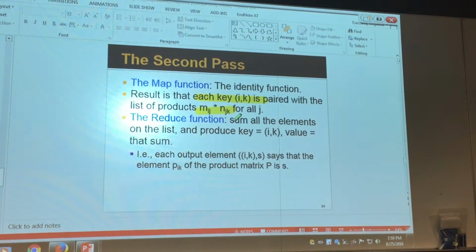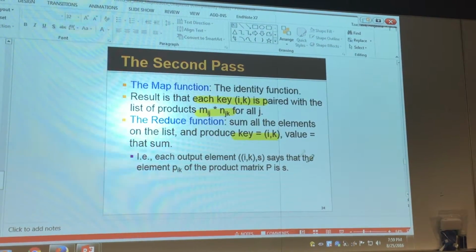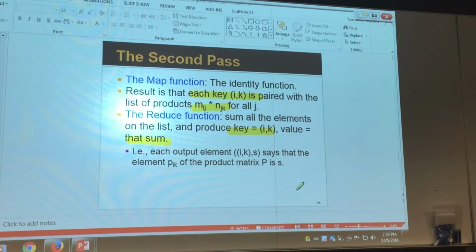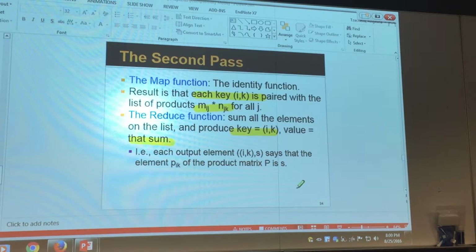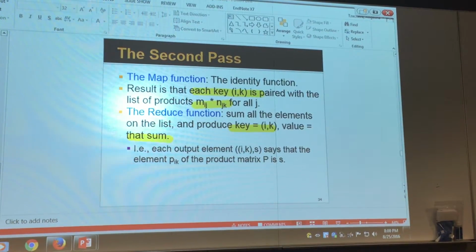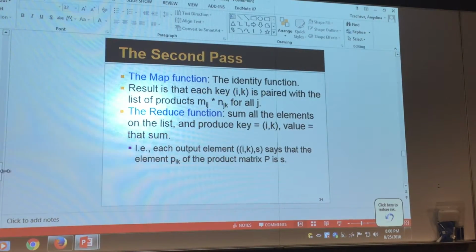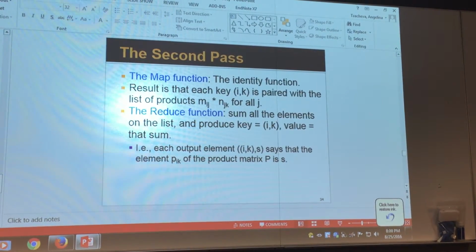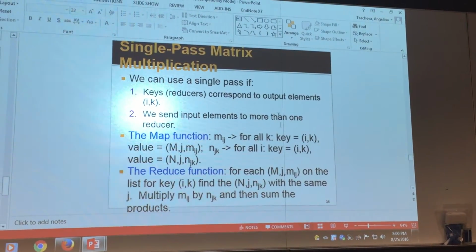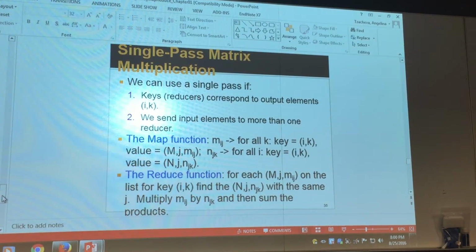The reducer function will sum all the elements on the list and produce a key and a value for that sum. The reason we're going through it twice is that we're making it more efficient with this join and aggregate functionality. Let's look at some other